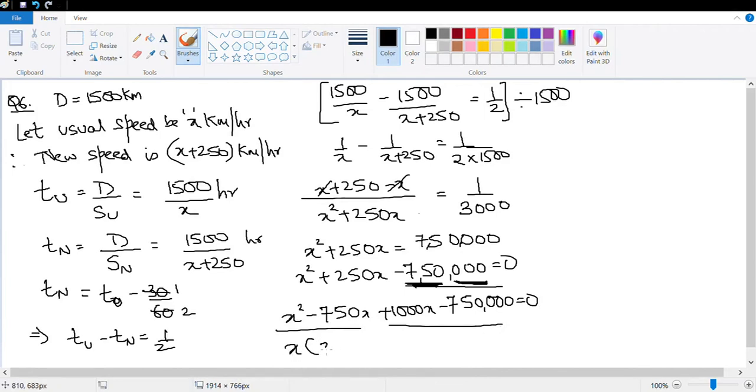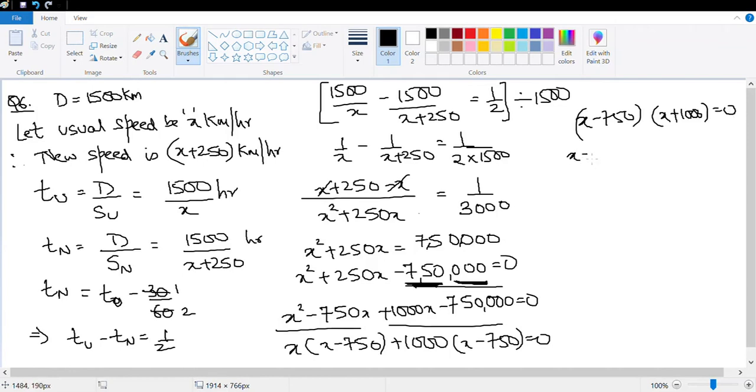X times x minus 750 plus 1000 times x minus 750 is equal to 0. X minus 750, x plus 1000 is equal to 0, which means x is equal to 750 or x is equal to negative 1000. Again, x is speed, so since speed can't be negative,